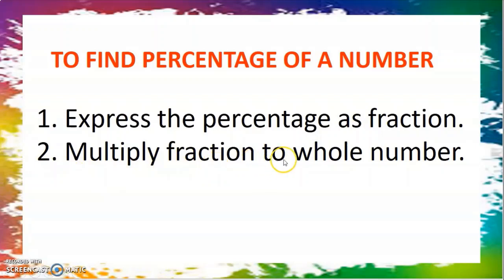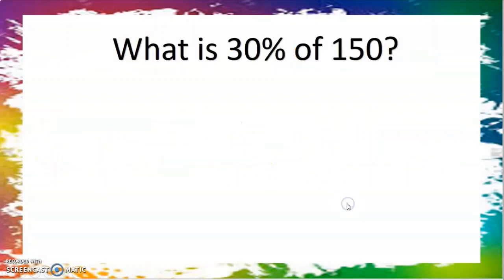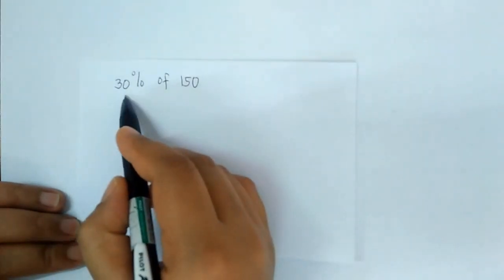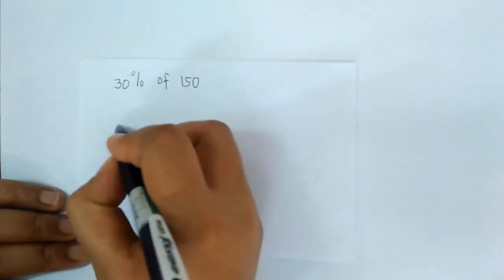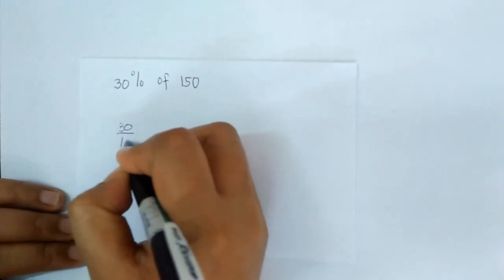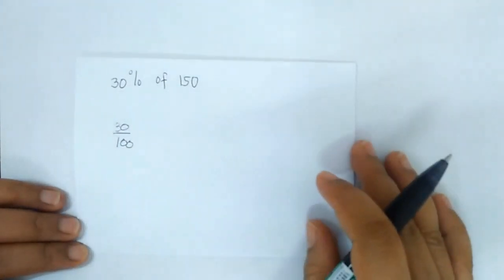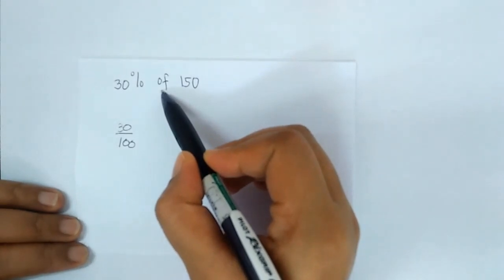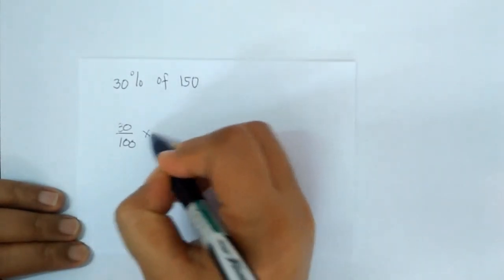Second, multiply fraction to whole number. For example, what is 30% of 150? How are we going to take 30% of 150? So what are we going to do? The percentage here, we're going to make the denominator 100. So 30 over 100. Then multiply. The word "of" means multiply. So we're going to multiply by